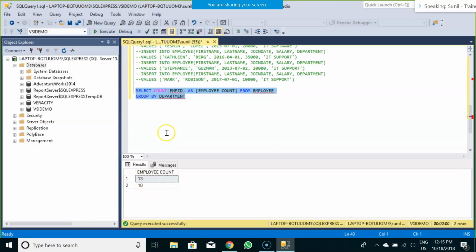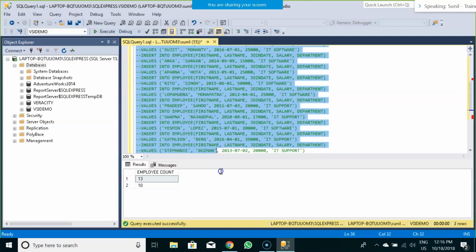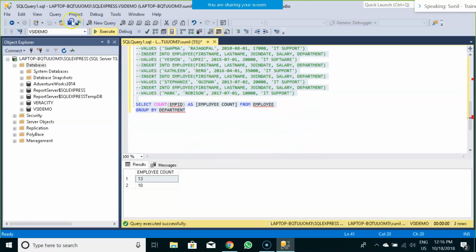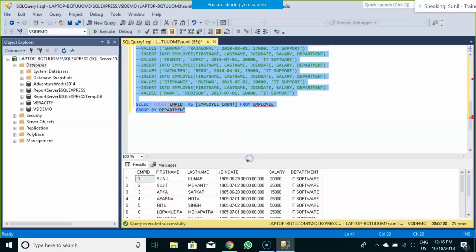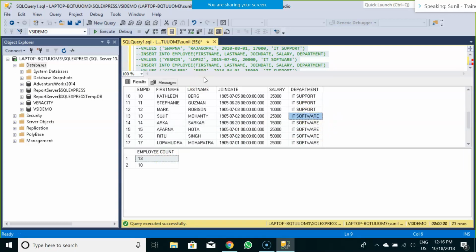These are nothing but the employee count within that particular department. If we execute our regular query and look at the rows, we should see the same. Now if you go on counting the IT software department, 2, 3, 4, 5, 6, 7, 8, 9, 10, 11, 12, 13. 13 is the count.